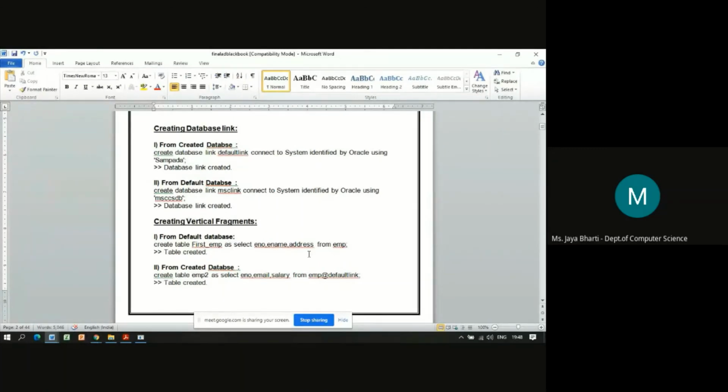And from EMP, now here the table name, MSc EMP.